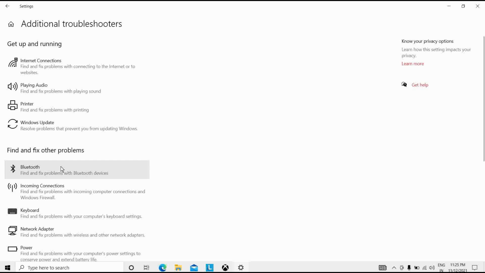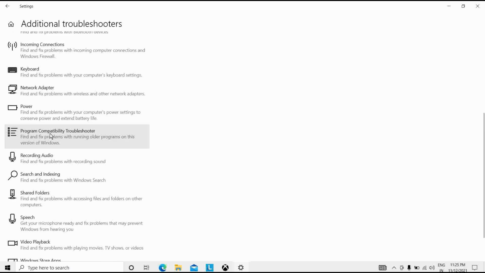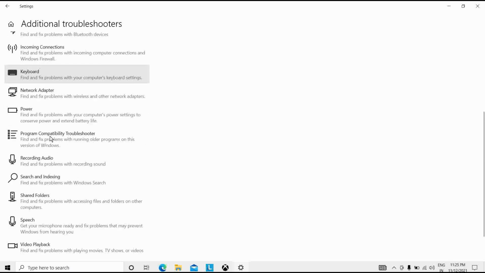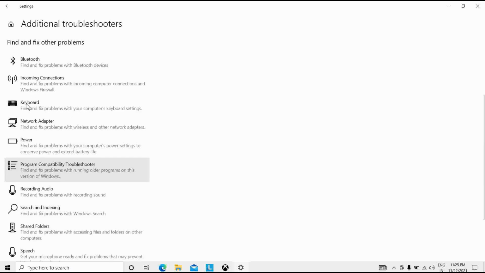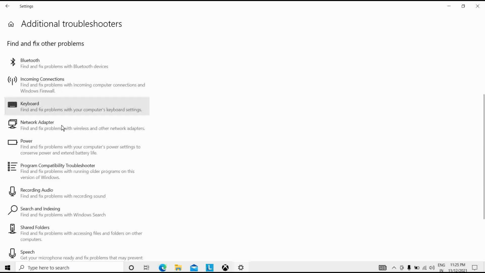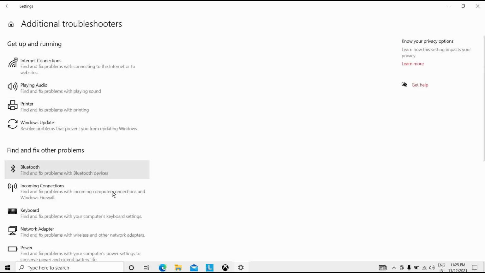So for that, we have to select the hardware. Okay, hardware. So it's showing here the program compatibility troubleshooters, power, network adapter, keyboard, and okay, so it's not showing here the hardware and devices.